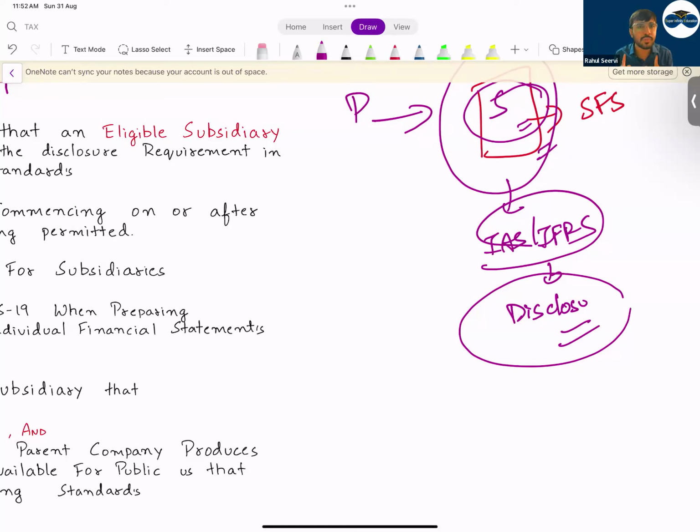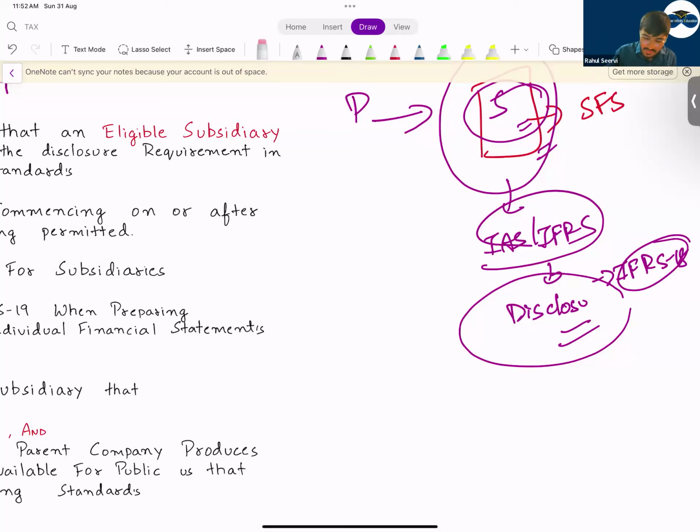It should be material and it should be important. If you have seen in IFRS 18, IFRS 18 says what? Even though IAS and IFRS will say you to provide the disclosure, IFRS 18 says if it is not material, if it is not relevant, do not provide the disclosure.